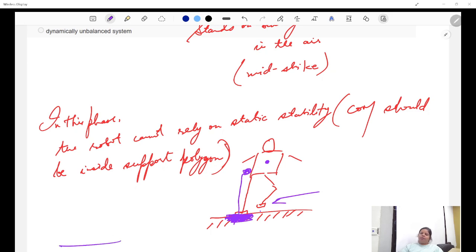You remember from the lecture there was an example of a pencil being kept on the ground. If it is just being kept like this, you won't be able to balance it. You have to keep applying some forces and torque to balance it. Similar is the case of the inverted pendulum. When it goes up, it maintains this position.